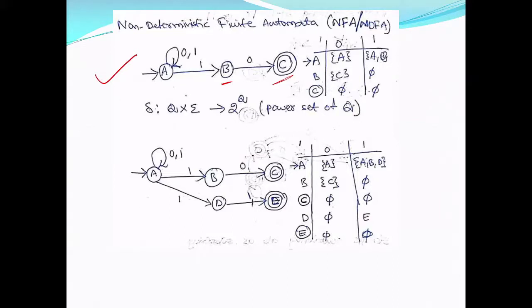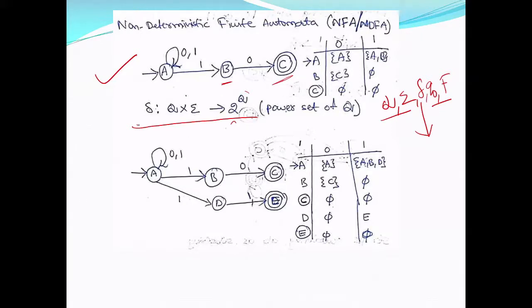The difference between DFA and NFA lies in the transition function. The remaining things are the same: set of states, set of input symbols. So I have 5 parameters: Q, sigma, delta, Q0, and F. Everything is the same except delta. Earlier, for DFA, delta went to Q. Now it is 2 power Q, that is the power set. It can go to 0 or more states. It can go to 0 states, or it can go to 1 state, or it can go to more than 1 state.